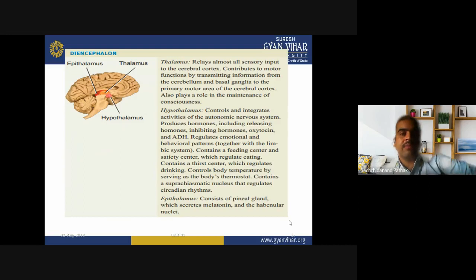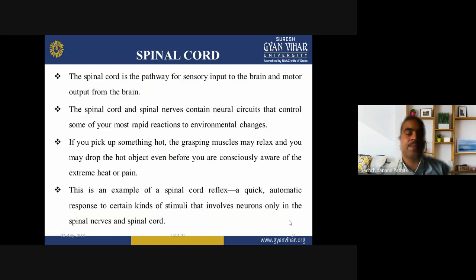Now, thalamus relays almost all sensory input to the cerebral cortex. Hypothalamus controls and integrates the activities of the autonomic nervous system. Epithalamus consists of the pineal gland, which secretes melatonin, and the habenular nuclei. Then the spinal cord is the pathway for sensory input to the brain and motor output